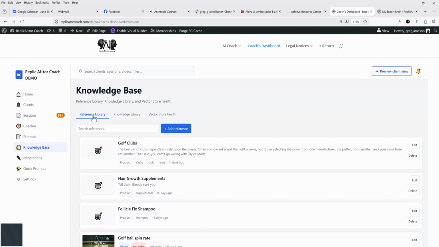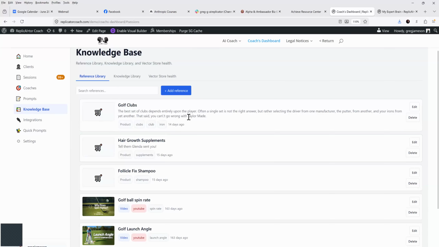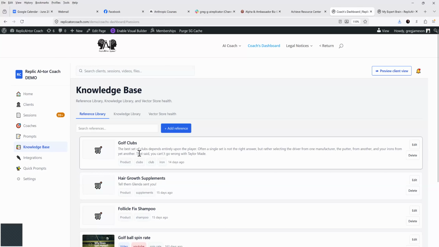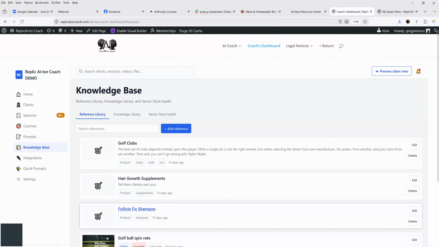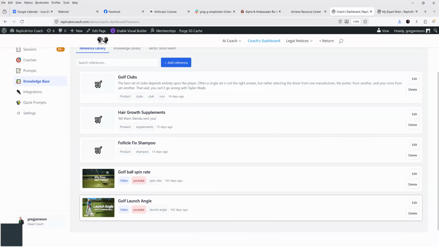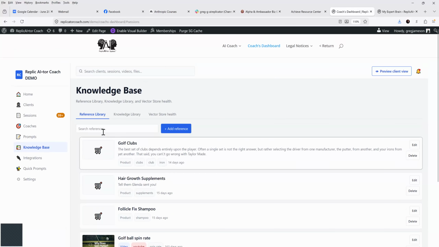But the reference library is something that is displayed as is to the user during their feedback. So this, of course, is dependent upon the coach. As you can see, follicle fix shampoo and golf ball spin rate do not belong to the same coach. So you'll want to make sure that you are uploading things into the reference library that make sense for your